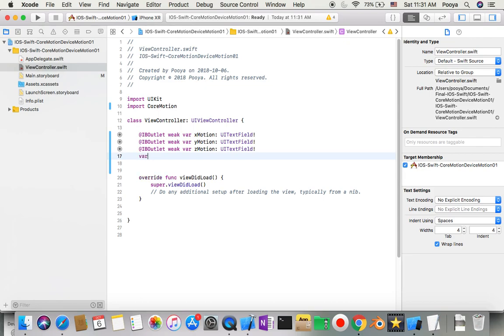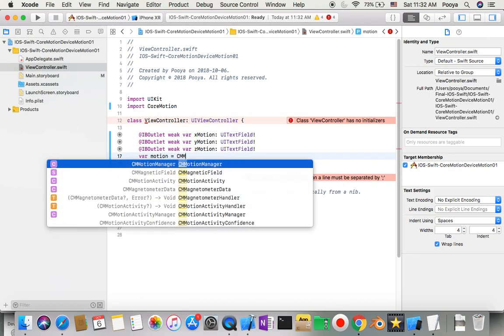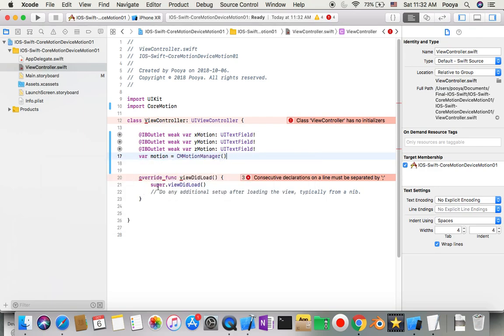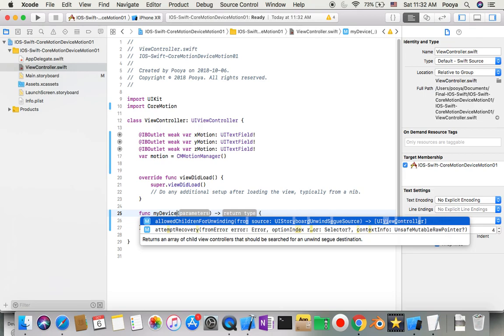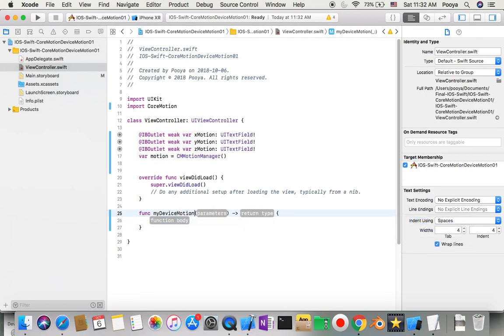So here I just say var motion equal CMMotionManager. And here I need to make one function, so I make a function. I name this function myDeviceMotion, no parameter, no return type,